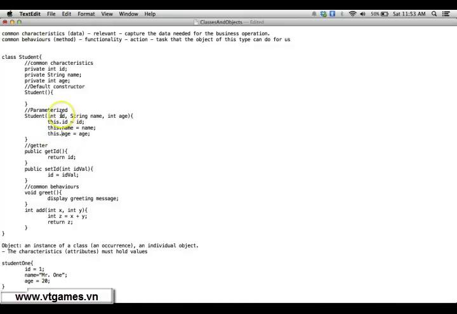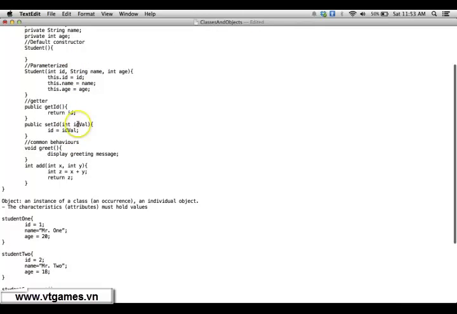So you can give the same name as your variable name right now. ID here, this dot ID is the ID of this object. Similarly, for this one, normally they put it as ID only, and saying ID equal to ID is not meaningful. So you say this dot ID equal to ID. Okay, that is it about